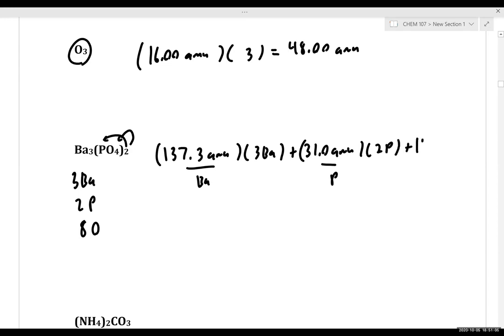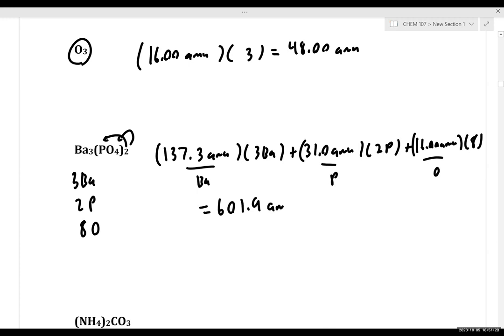And then oxygen has a mass of 16.00 AMUs, and we have 8 oxygen atoms. Punching this in, we have 137.3 times 3 plus 31 times 2 plus 16 times 8, and that gives us a mass of